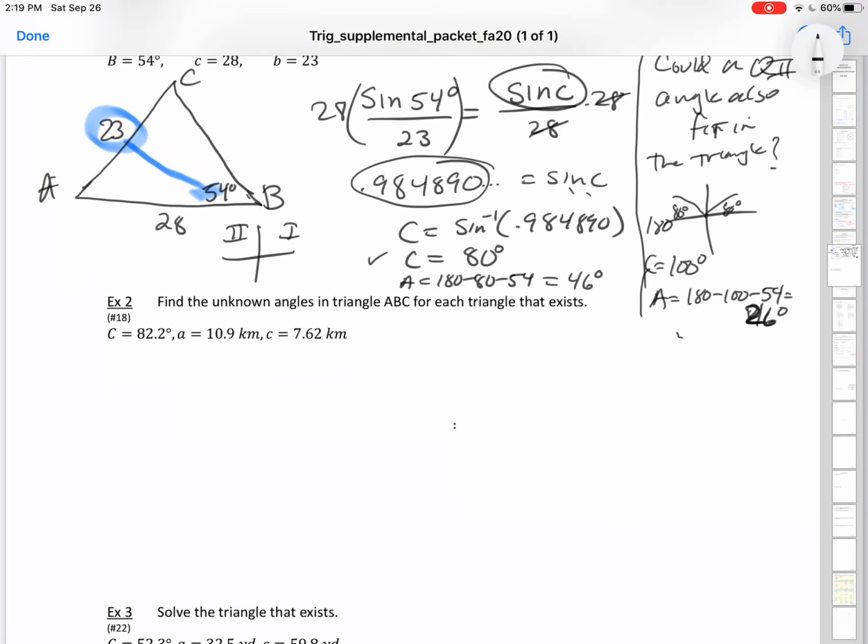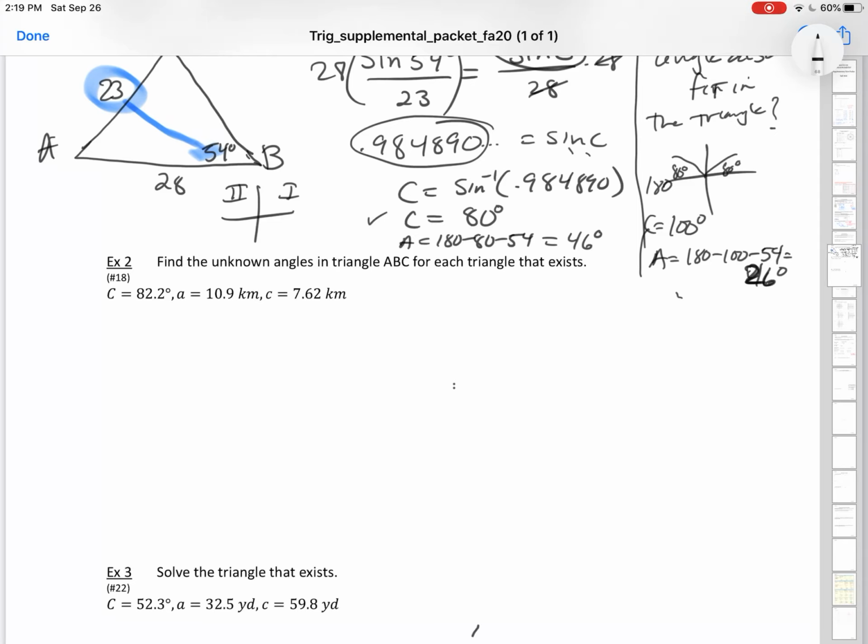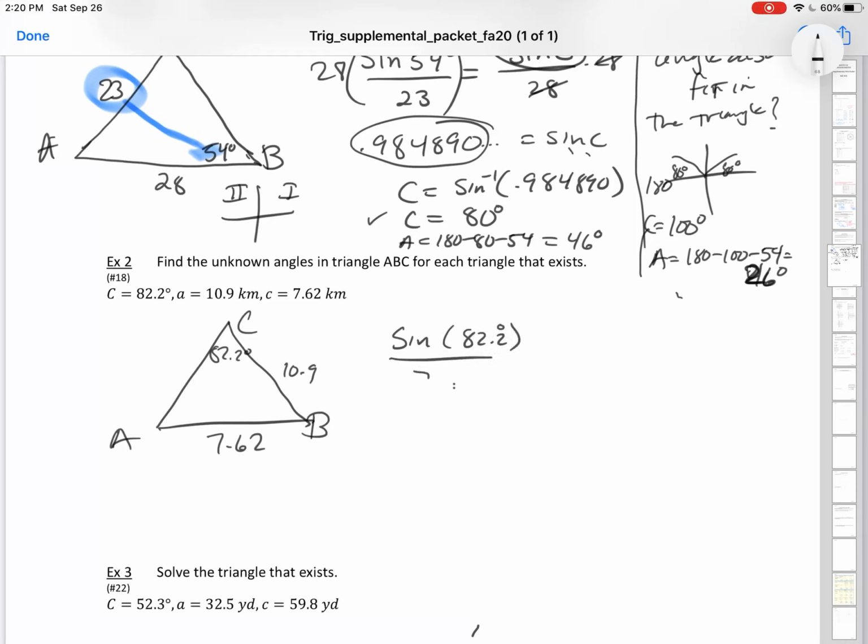So let's take a look at example 2. Find the unknown angles in triangle ABC for each triangle that exists. Let's look at this one, number 18. What they're telling us is, again, I'll just draw my standard ABC. This is 82.2 degrees. A is 10.9 and C is 7.62. So we're going to say to ourselves, this is definitely the law of sines. And sine of 82.2 degrees all over 7.62 needs to be equal to sine A all over 10.9,